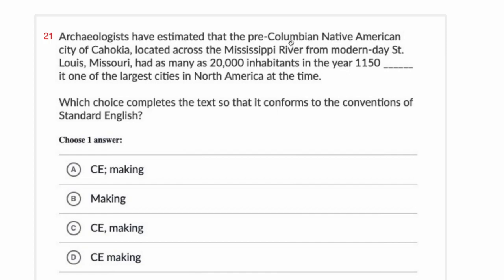Archaeologists have estimated that this city had as many as 20,000 inhabitants in the year 1150. Okay, so making it, yep. So 1150. And